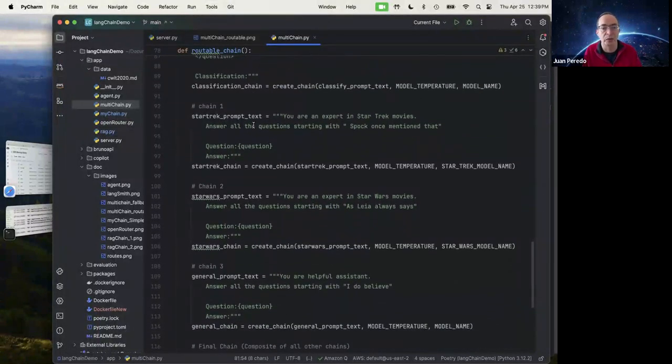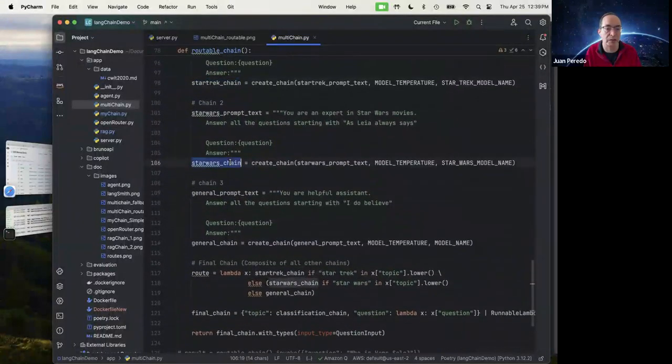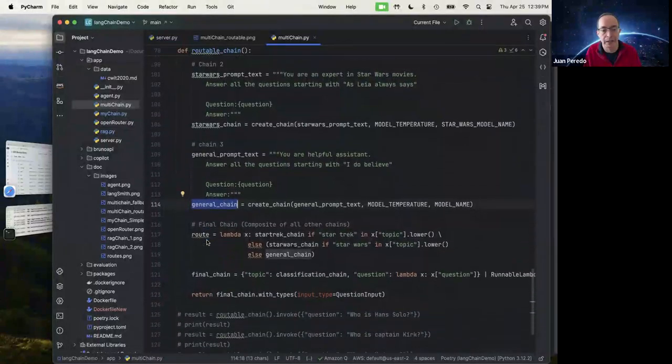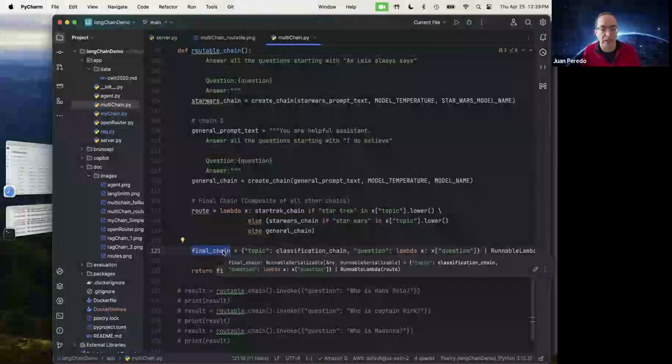Then, depending on what that topic is, we're going to have it work with one of the other 3 chains. So we're going to create the Star Trek chain, the Star Wars chain, and the general chain. And we create our final chain at the bottom. So what is this chain going to do?